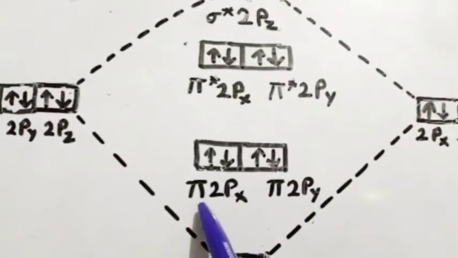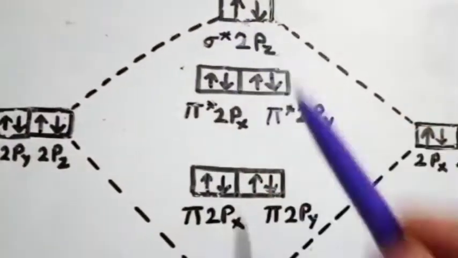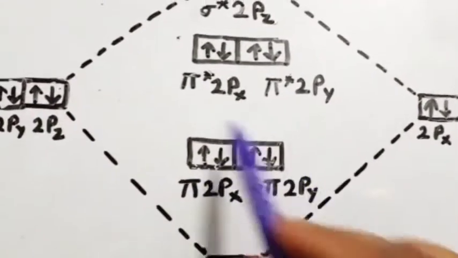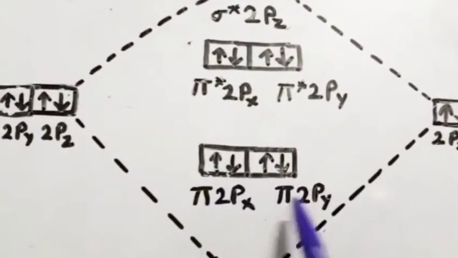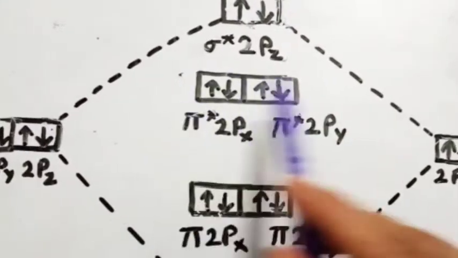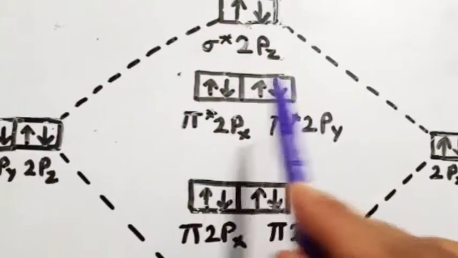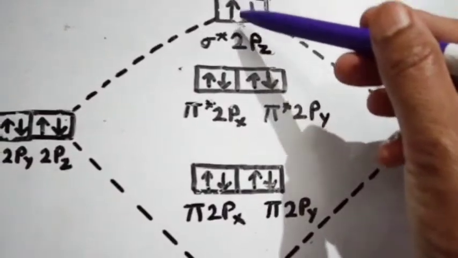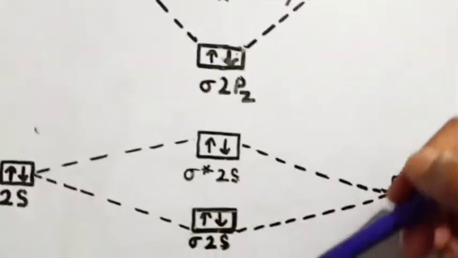So these are bonding orbitals and these are anti-bonding orbitals, with the sign of star. But in these two orbitals and these two orbitals, 2 electrons are not directly filled, because these two orbitals have nearly the same energy. Similar is here also. Electrons are filled one by one. So now these molecular orbitals can also be shown in the form of a series.